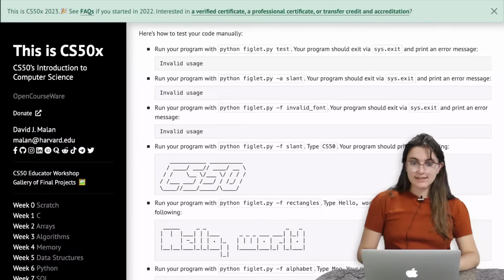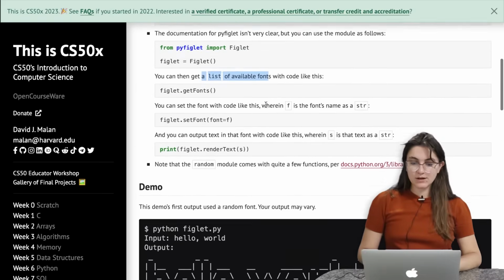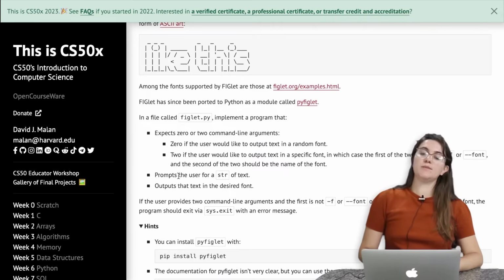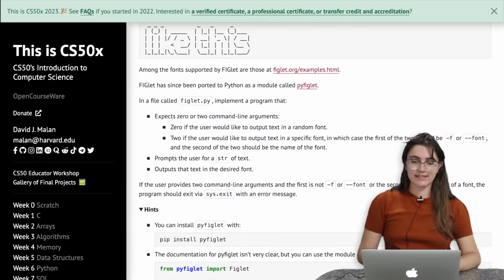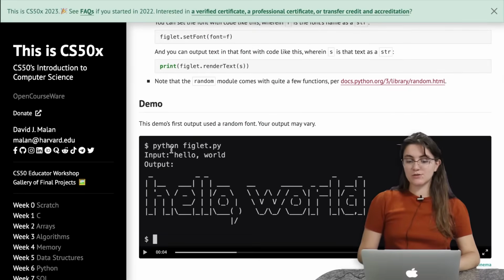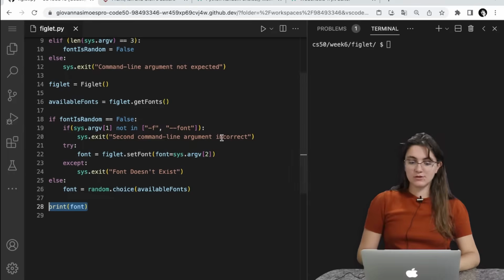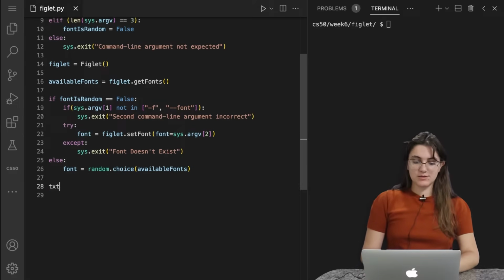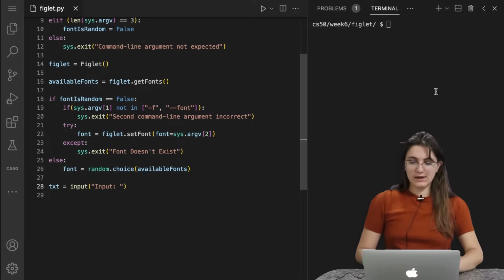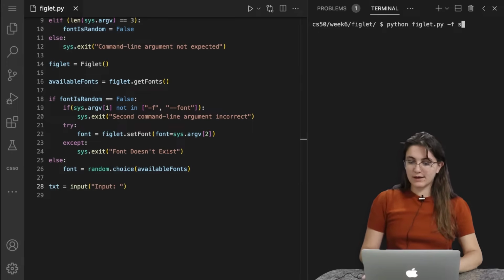Well, let's work with the next scenario. So now that we have this, we're gonna work with the second bullet point. Prompt the user for a string of text. So now we're gonna get the message from the user here, and how can we ask things from the user? We're gonna use our input function. So txt equals to input, and I'm gonna display the message input. Okay, and if we run our code this way, we're gonna ask for a message, hello world, and nothing will